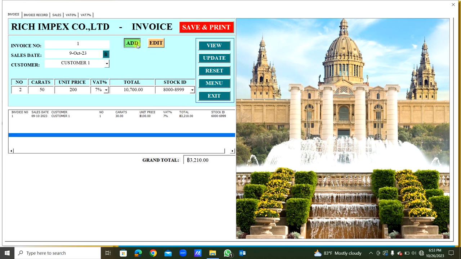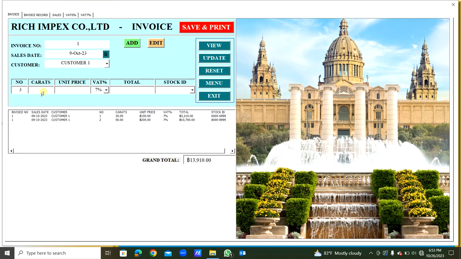Okay, now we will add. Okay, 60, 500 directly to stock ID. Okay, right. Now we will add. Okay. Now if we click save and print button, the invoice will be created. Before creating the invoice, let's say